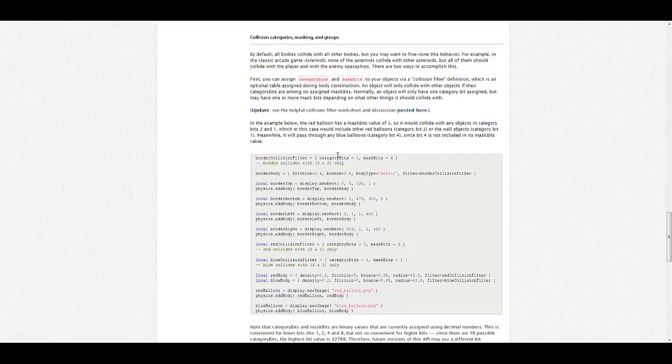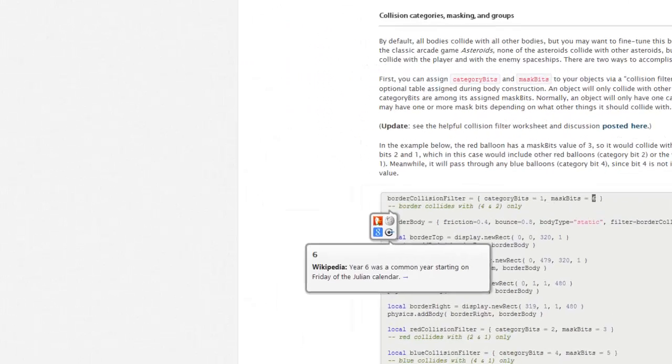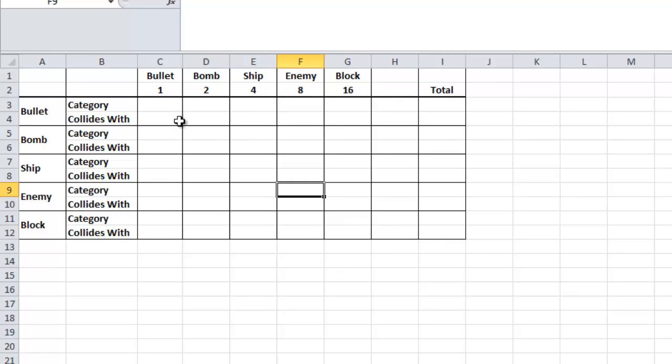body. Now we need to work out what values to use for the category bits and what values to use for the mask bits. To do that, it's easiest just to draw up a simple table. I'm doing mine here in Excel. So across here I have my physics bodies that I'm worried about. I've assigned each one of these as values. The values will be doubling each time, so 1, 2, 4, 8, 16, 32, 64, etc. I think you can have up to 16 physics bodies on this applied at the same time. Don't quote me on